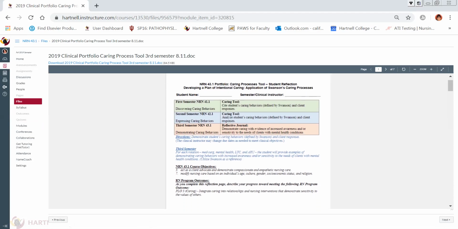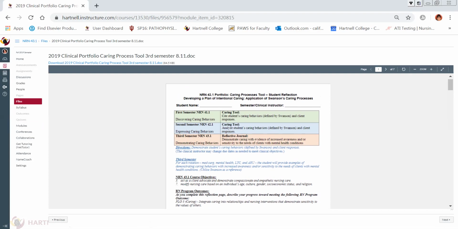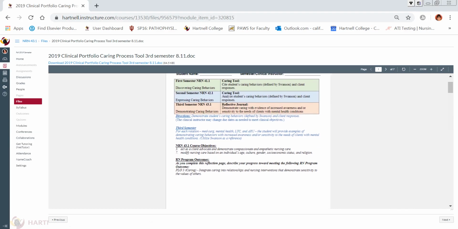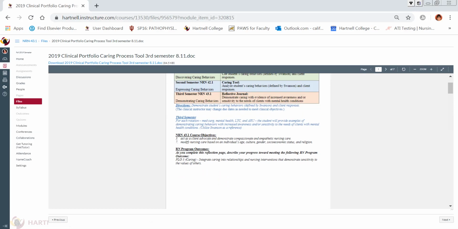Here you will notice that it does look a little bit different. Again, we're trying to match these to the program learning outcomes. And you'll see here for third semester that you will be doing a reflective journal. So it's no longer the caring tools of 1, 2, 3, 4, 5. You will be using those in your reflection. But what you will need to do for each rotation for med-surg, mental health, long-term care, and acute rehab